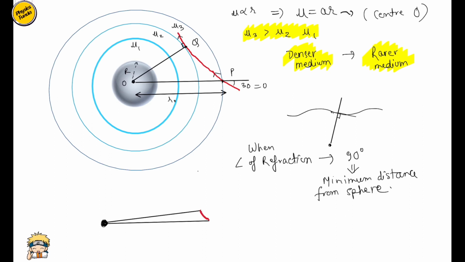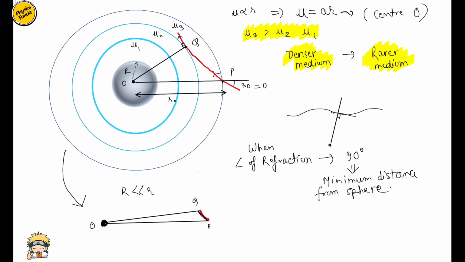Somewhat like this. So this was a magnified view for easier understanding, but if you actually see, the situation is somewhat like this. So here the metallic sphere is acting like a point mass because in the question it was given that the radius of the sphere was very less than small r, right? So if you see the trajectory of the laser beam, this part from P to Q can be assumed to be a straight line, right? So if I join this P to Q, and this was my O, it becomes a triangle,